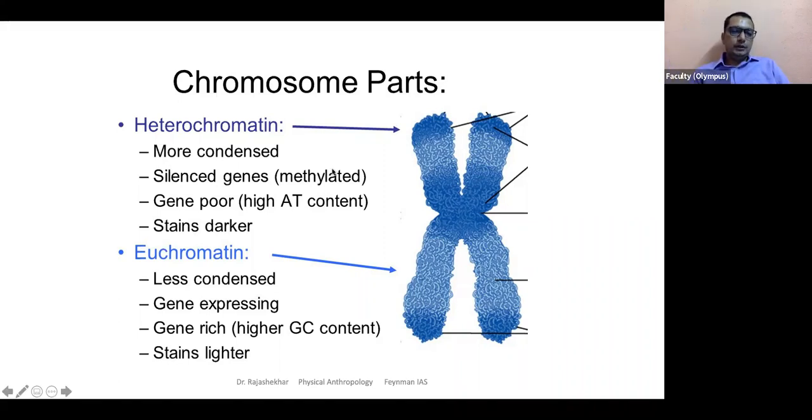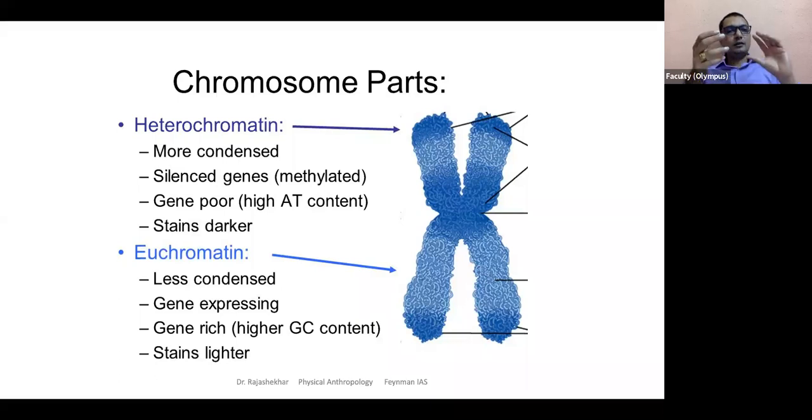So in these regions, what do you notice? I think I was already giving you a hint on this. If it is heterochromatic, if it is more compacted, is it easy to read the DNA present in there? For the enzymes which perform transcription to convert DNA into messenger RNA, or to make a copy of information from the DNA, and to convert messenger RNA into proteins.